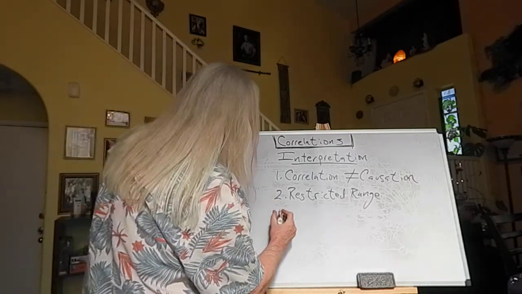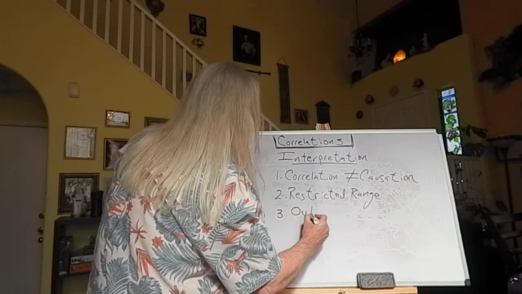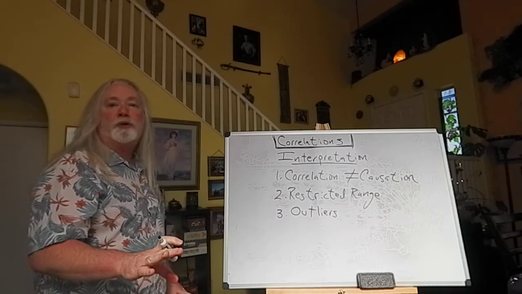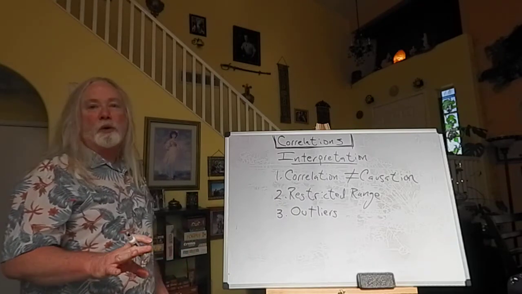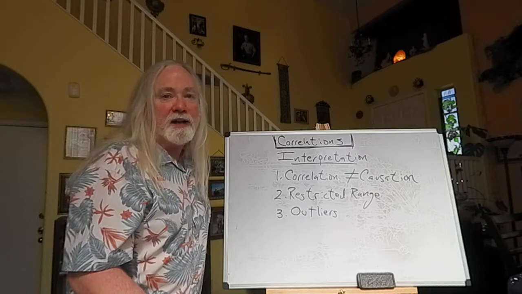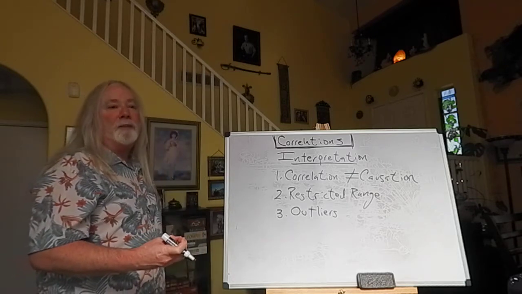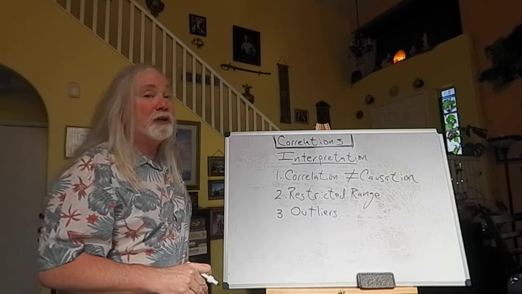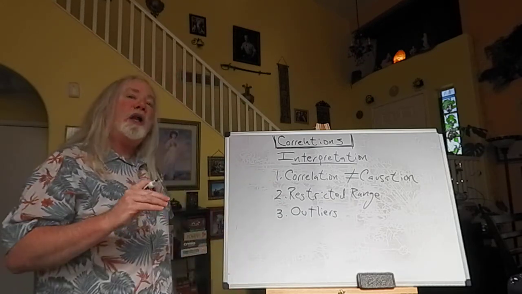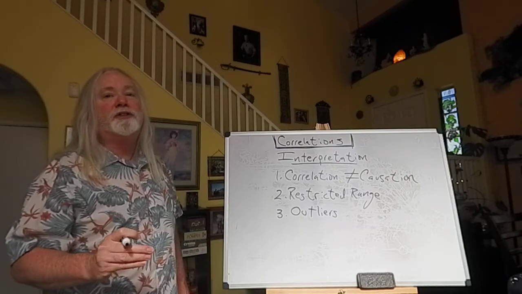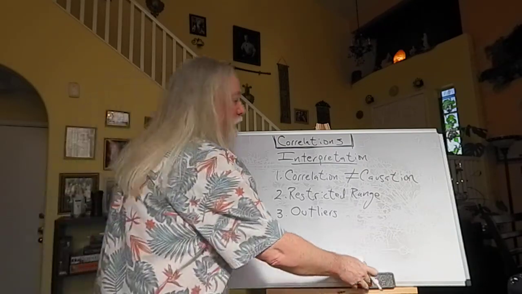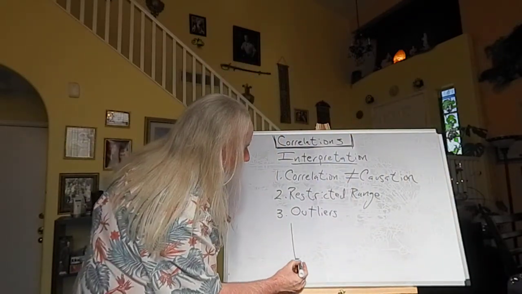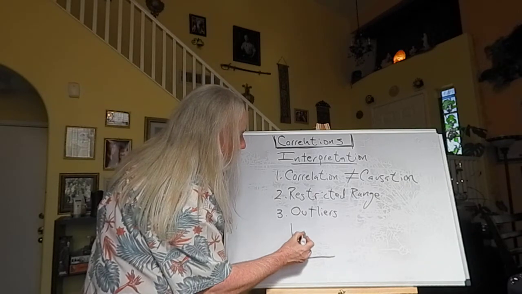Third thing we have to think about is almost the opposite, the issue with outliers. We know outliers are extreme scores, right? So if we get a whole bunch of scores that are showing us independence, that are showing us no real pattern, but we get one or two outliers out there somewhere, extreme scores, that can all of a sudden make it look like a pattern exists, both in a graph and in number form.